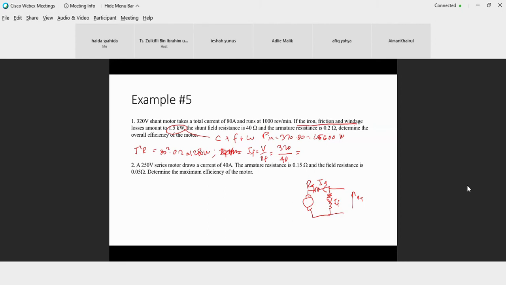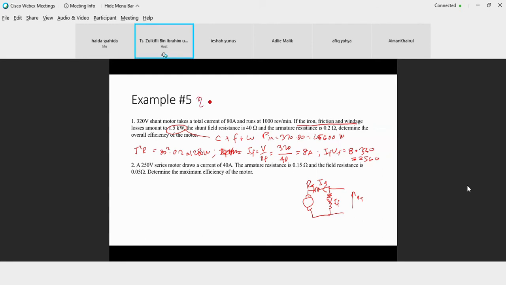Then your IF VF is equal to 320 times 8, which is 2560. So